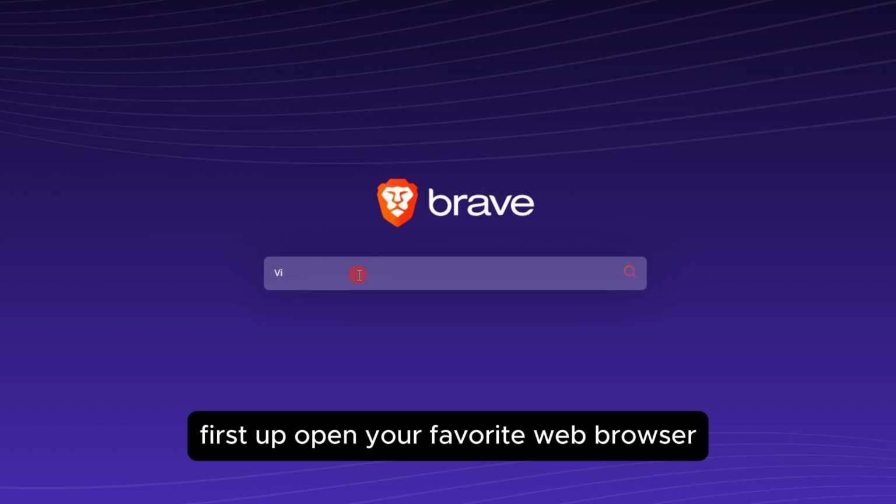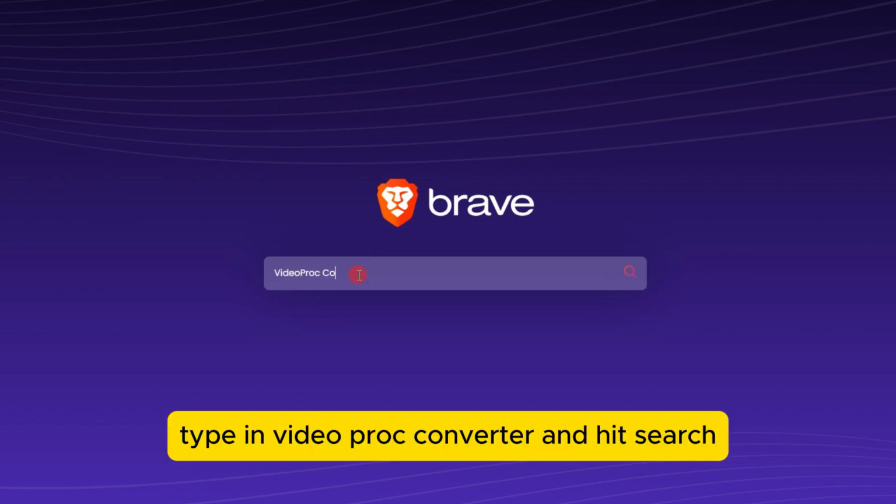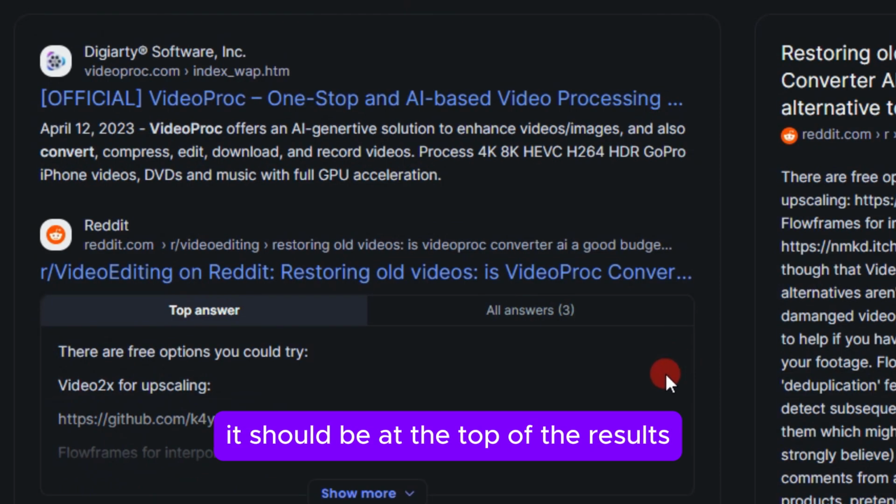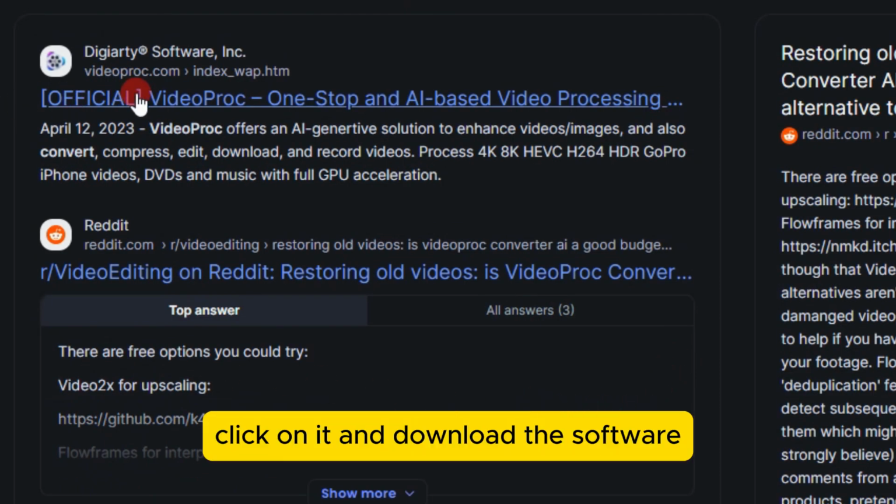First up, open your favorite web browser. Type in VideoProc Converter and hit search. Find the official website. It should be at the top of the results. Click on it and download the software. Easy, right? Once your download is complete, head over to your Downloads folder and double-click the setup file to begin